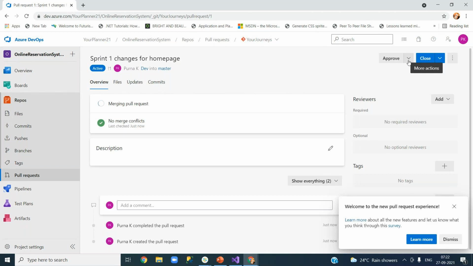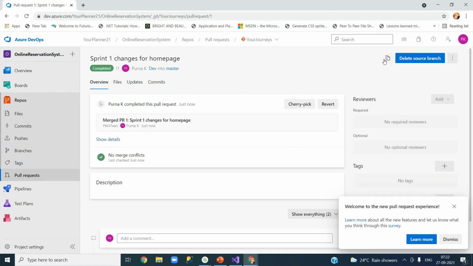Okay, now I will approve myself. Still it is active, you can see. Okay, I will approve. Sorry. Okay, done. Now if I go to my master branch, right,